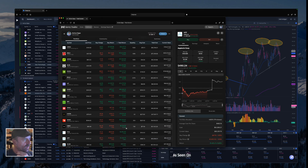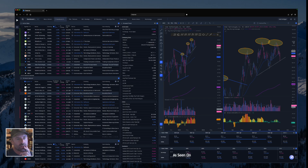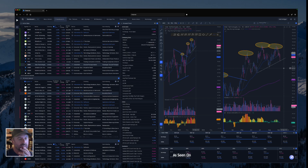Uber, we are up 16.94%. It's a 3.78% allocation in Uber, so not huge, but I certainly want to protect that. I will be increasing my mental stop. I don't place physical stops because I'm watching this all the time. I'm not trying to be so perfect on the entries and so tight on the exits. I'm trying to let the market breathe a little bit